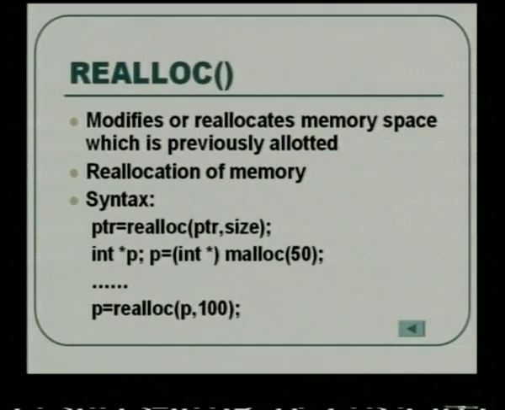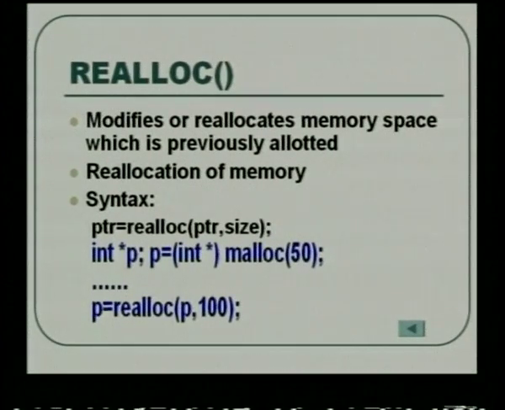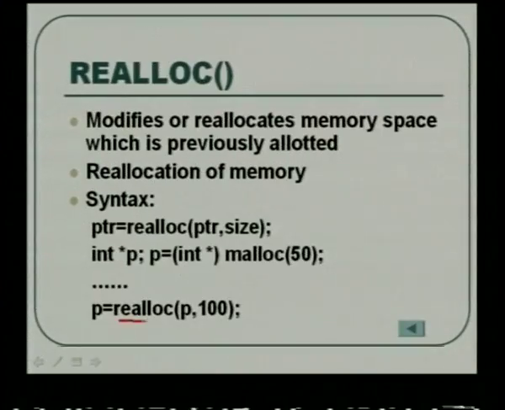Because you should know where the previously allocated memory exists, and next the size, how much memory is to be reallocated. So, in the example here, integer pointer variable p is equal to the data type malloc 50, showing that this is already allocated memory. So, using malloc you are allocating some memory and storing it in the pointer p, and next using the realloc function you are getting the first allocated address which is stored in this variable p, and earlier 50 bytes were allocated. Now, you are going to allocate 100 bytes and again store it in the same pointer variable.